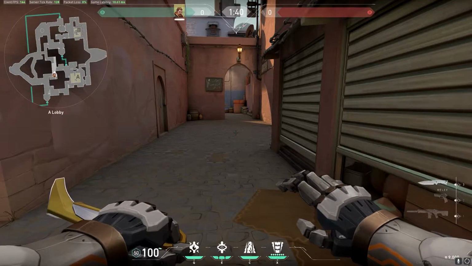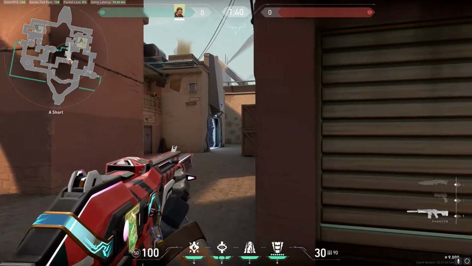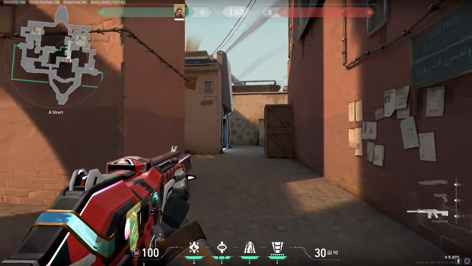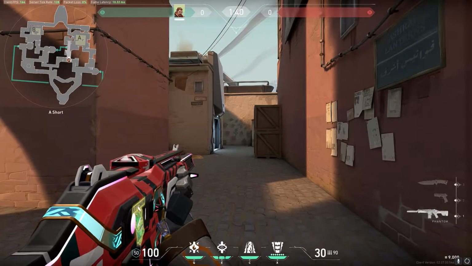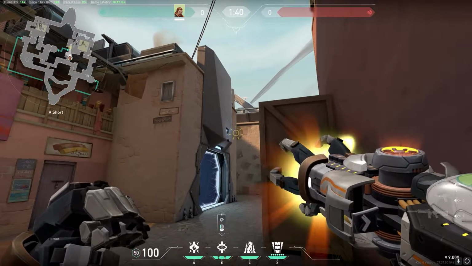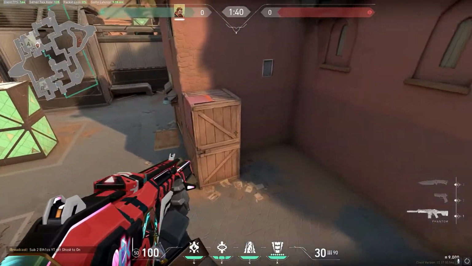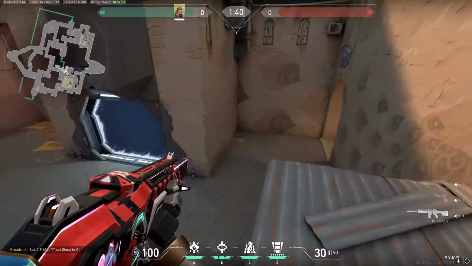Now when we're looking at how you're going to push with Breach through A short right over here, first thing you got to make sure is that you have control at least of this front across from you on A short. You're going to throw the flash kind of right on top of this corner right here in front of U-Haul. When you throw that flash, it's actually going to blind someone in this corner in Cubby,